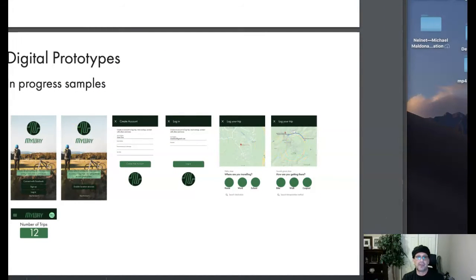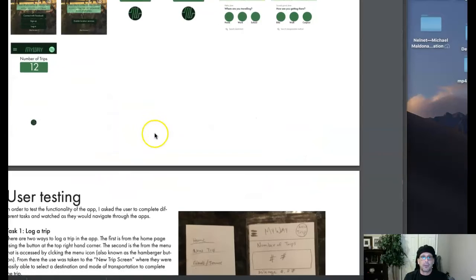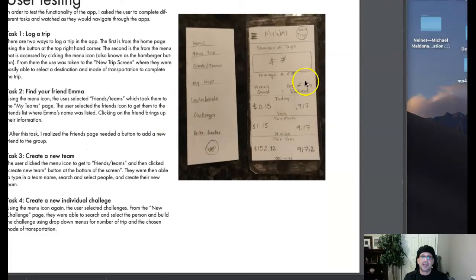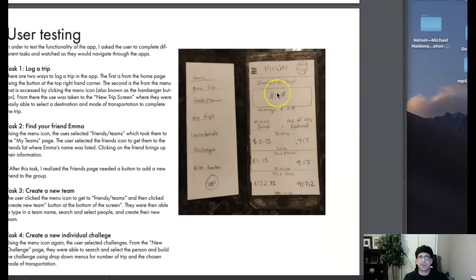We could also call these digital mockups, these aren't necessarily prototypes. They're more mockups of the screens. Okay, so here's your user testing. This is short. I need pictures. We've got to get pictures of how you delivered